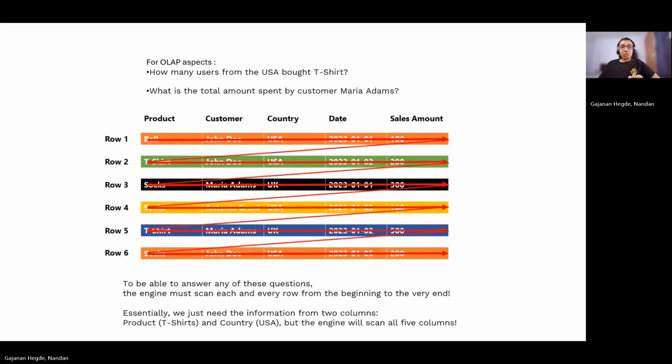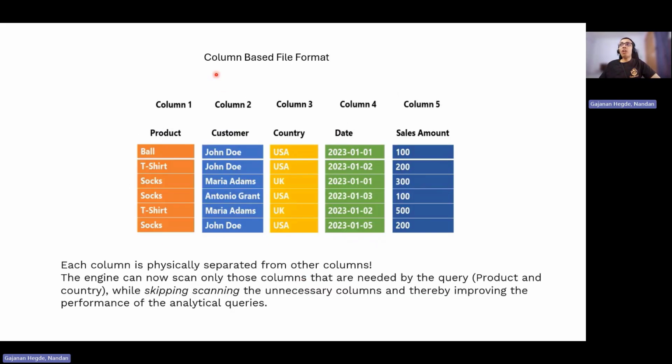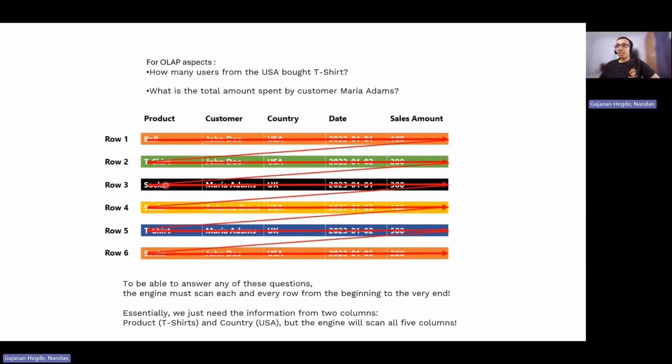Now, this becomes a concerning aspect because there is unnecessary effort spent scanning additional columns which are not intended for the use case. So for that, there is another type of file format called the column-based file format. If you see the difference, wherein ball, t-shirt, socks,